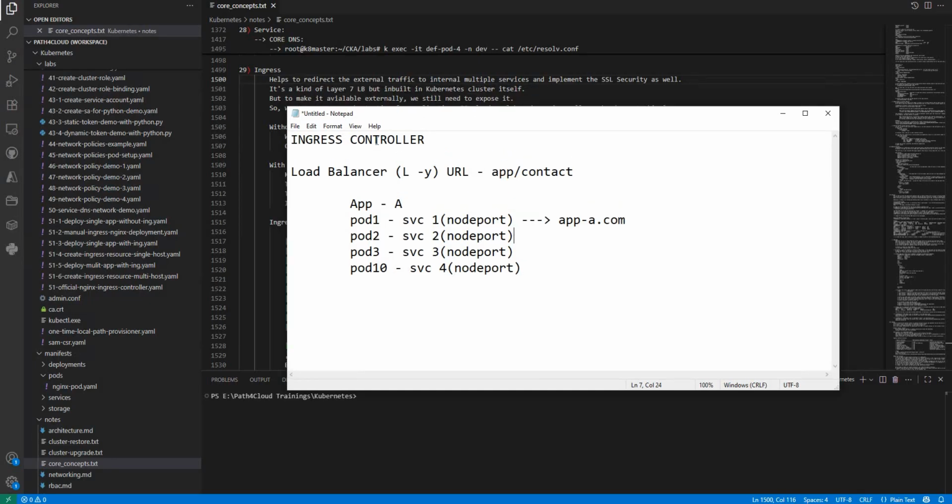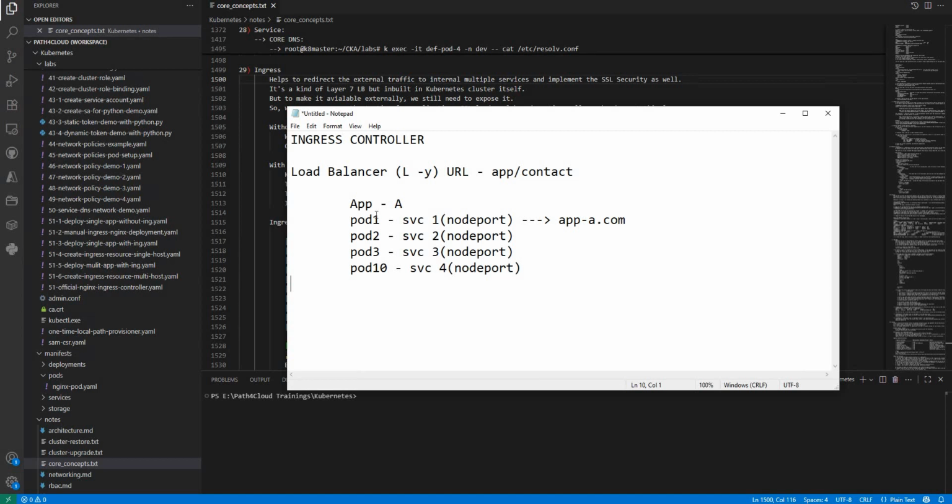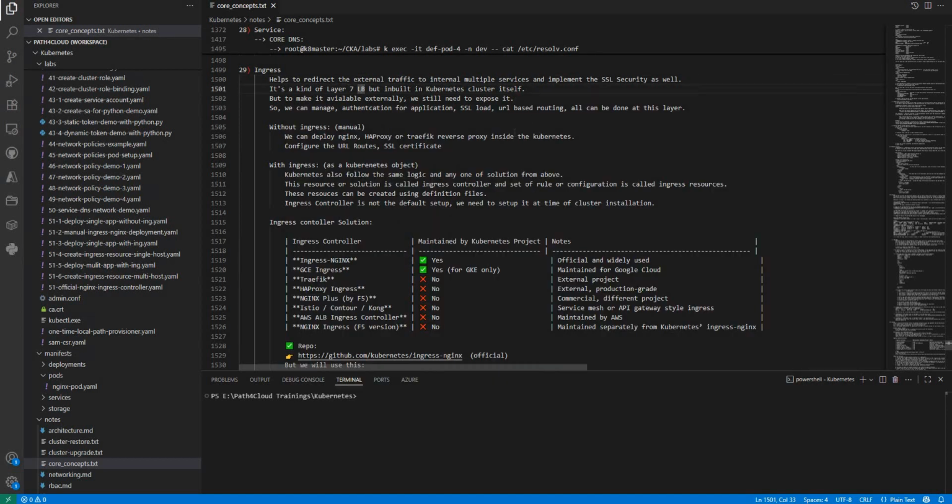Only the one service, the ingress controller service, will be exposed as a node port. And using the same port, we will be able to reach n number of applications inside the cluster which are running as a cluster IP service type, right? That we will see. And again, we can manage the authentication for the application, SSL loading, or maybe creating URL based routing, right? That all can be done using this Ingress controller, and it acts as a layer 7 load balancer,